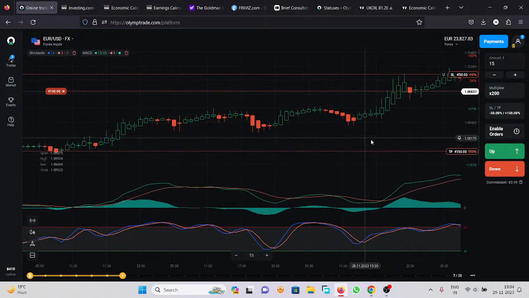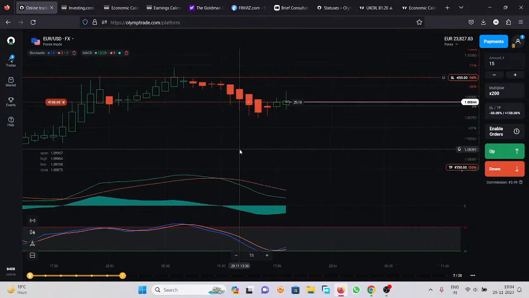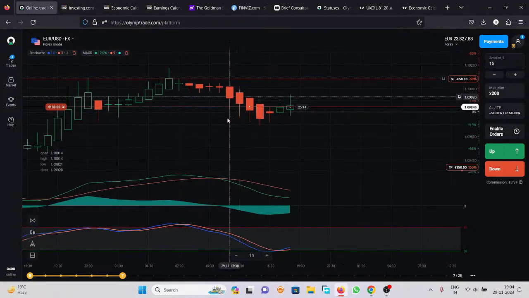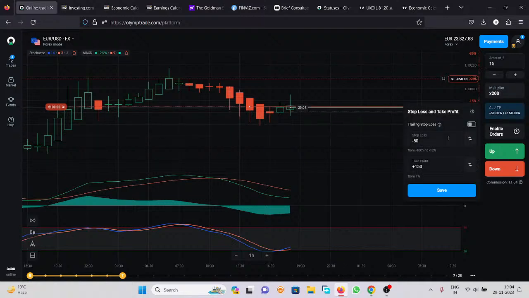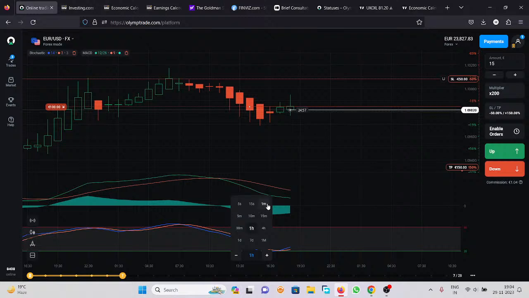You need to check all three signals similarly. The candle is red, MACD is down, and stochastic has already exited the overbought zone. You can open the trade. In case of Forex, there is a chance to put in a stop loss and take profit also. That will be very easy for you, because in Forex you can close your trade whenever you want, for maximum profitability or a lower failure rate as well.